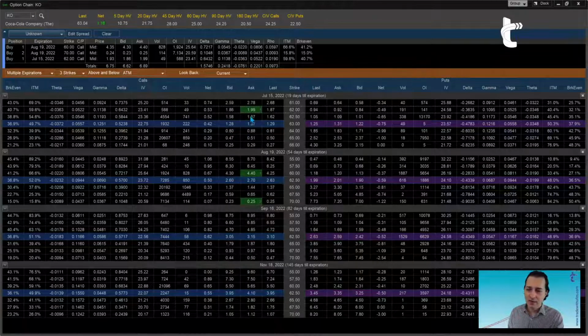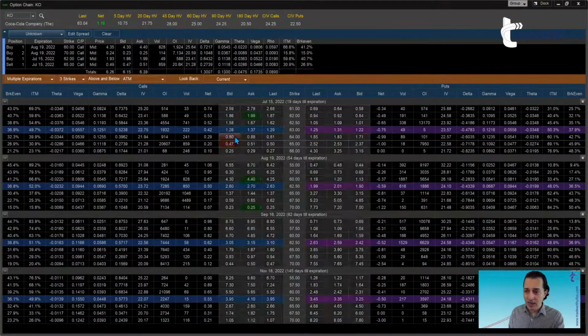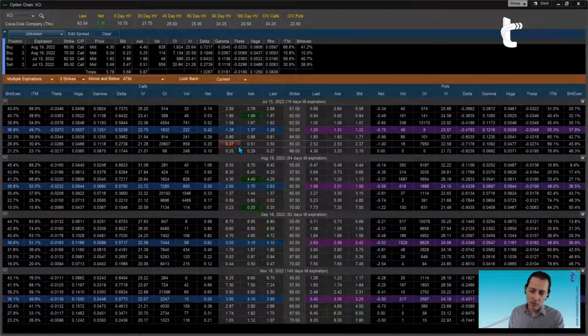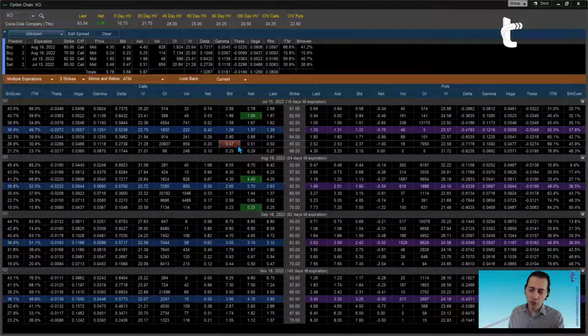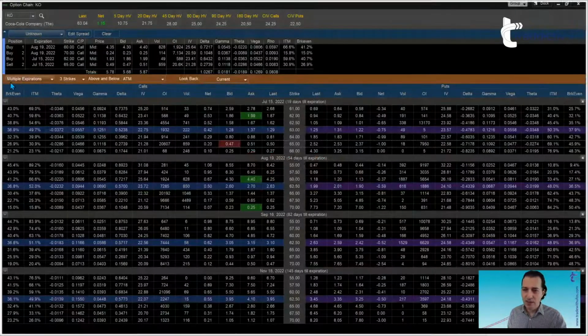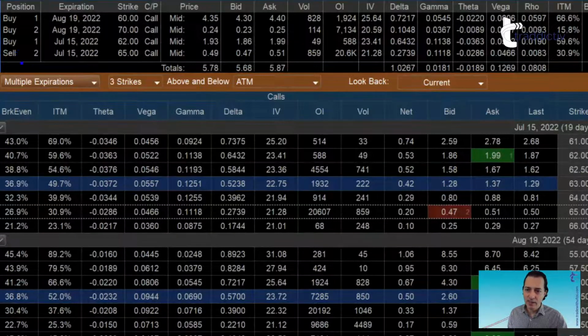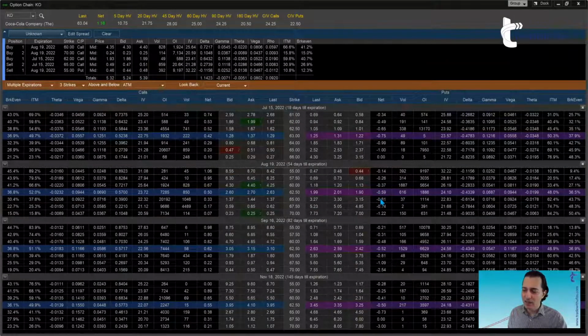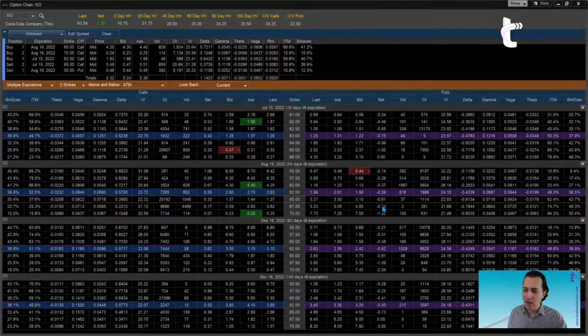If you get my point, it's added. If, instead of clicking on the ask column, I click on the bid column, now it shows with red color with the number 1. If I click again, it's going to be number 2 and red color. So red color 2 means what? Means I'm selling 2 units. And you can see on the top how it says sell 2 of the 65 call, which is the strike I have selected here with the red background and then the number 2. So you can see how wherever I click, it's adding it on the top. If it's the bid column, it's a sell. If it's the ask column, it's a buy.